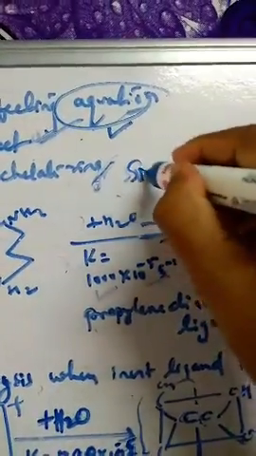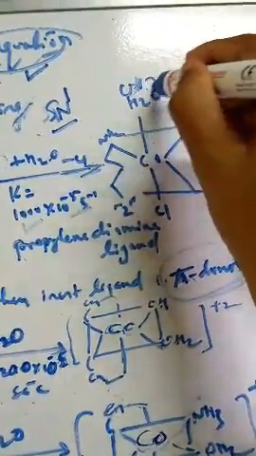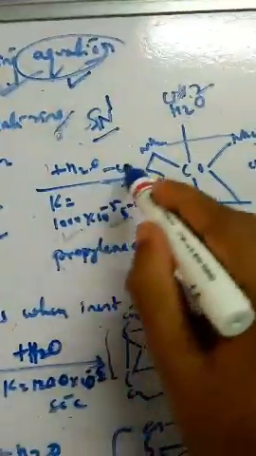The rate of substitution you can see here is 1000 into 10 to the power of minus 5 per second. So it is very fast, like in the previous class we learned with respect to the SN1 mechanism. Why? Because of the more steric hindrance here. Now the substitution takes place with OH2, with one of the chloride ligands leaving the complex. So this substitution is very fast.